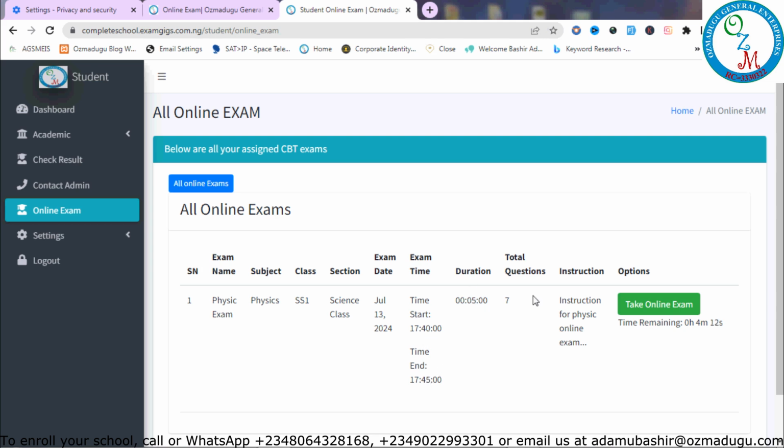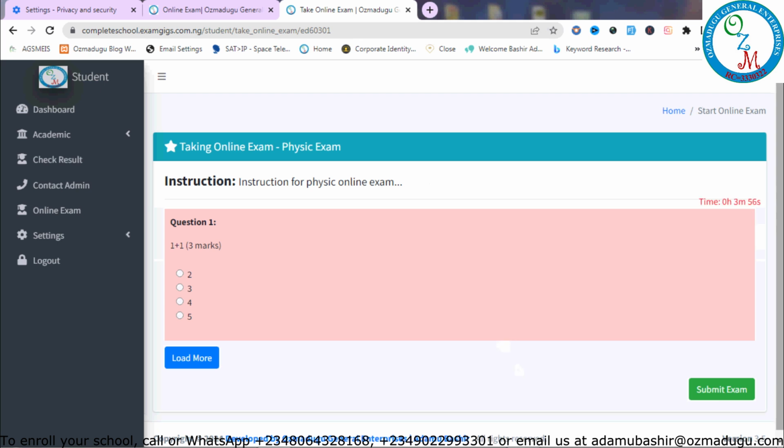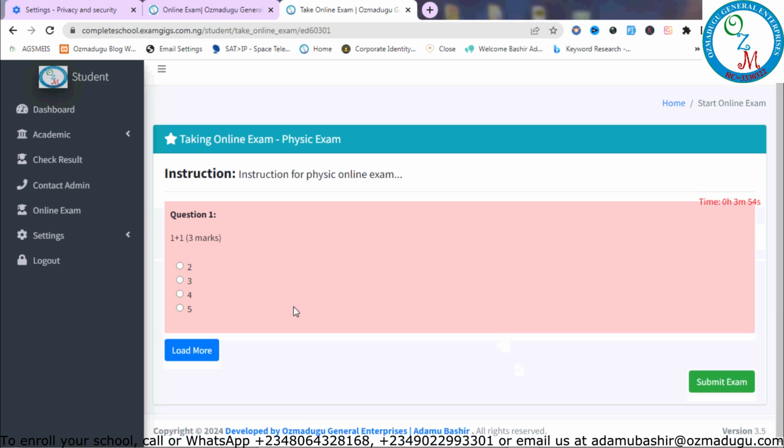So after clicking on this take online exam, the student will be asked to read the below instruction carefully before taking this exam. After reading all this instruction, if you are ready to take the exam, you can just click on the start exam, and it will take you to the page to actually start your online exam. So after clicking on this,